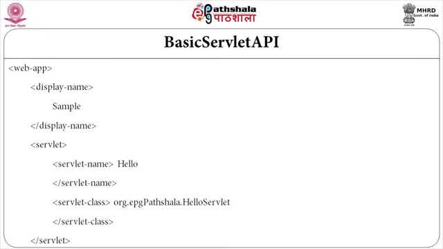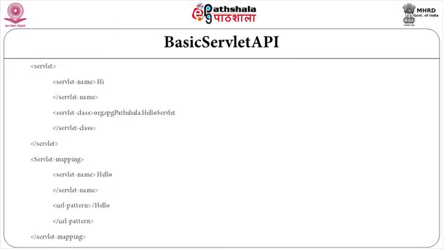Another servlet, if you want, you can create and give it a different name, let us call it hi, and use the same class name here. So, we have two different servlet objects. Now, let us put some servlet mappings. We can try out all three kinds of servlet mappings. So, we have a servlet mapping with servlet name as hello, and the other is hi.